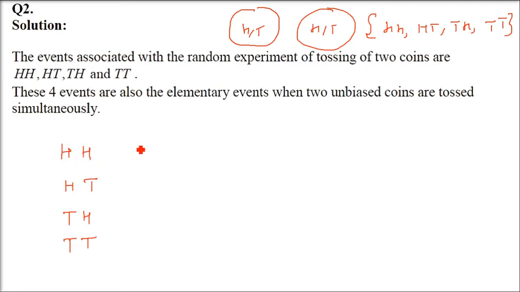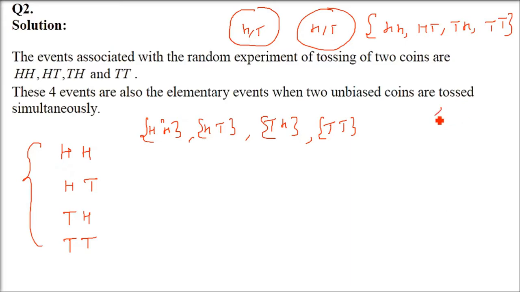So, let us take one by one. We'll take 1 at a time, then 2 at a time, then 3 at a time, then 4 at a time. So, I am taking 1 at a time, that is HH, HT, TH and TT. So, these are 4. Now I am taking 2 of them, so 4 taking 2 at a time. What will be factorial 4 by factorial 2 into factorial 4 minus 2? So, it will be 6. So, there will be 6 combinations.